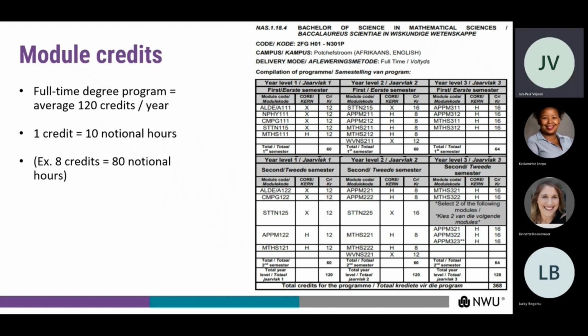This means that the average amount of time that you will need to invest is around 1,200 hours for that year. These 1,200 hours, roughly divided by 40 academic weeks for the year, brings us to an average of 30 hours per week that you need to spend on your studies in order to complete your degree successfully.